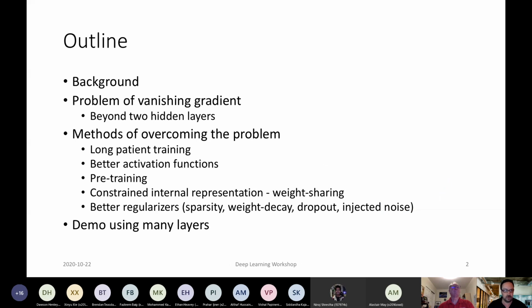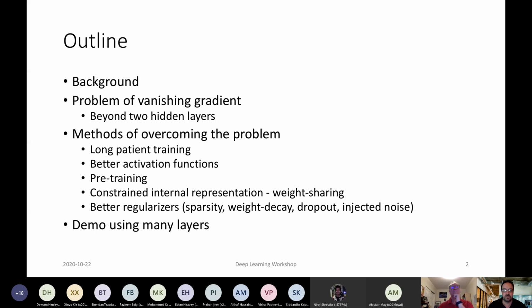All right, so what I'm going to do really briefly here is give a little bit of background about why we're building deep neural nets, like what kinds of applications are happening out there. You're reading about them and seeing them on TV every day. We'll talk about the problems with developing deep networks, particularly the problem of vanishing gradient. These are problems that creep in with unstable gradients when you start using more than one or two hidden layers.